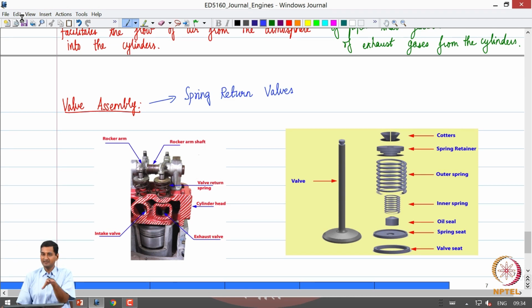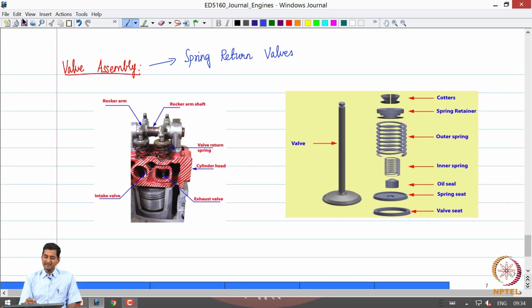Okay. That is why they are called spring return valves. So, how do they operate? In this picture you can clearly see how it works. This is our cylinder, and you can see that this is the piston. This is the cylinder block, and this is the cylinder head, shaded in red.